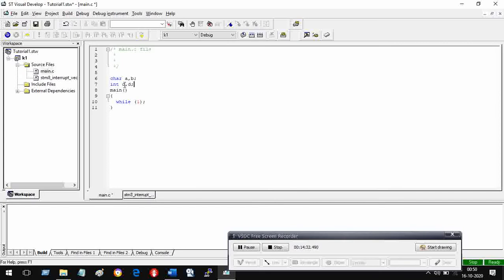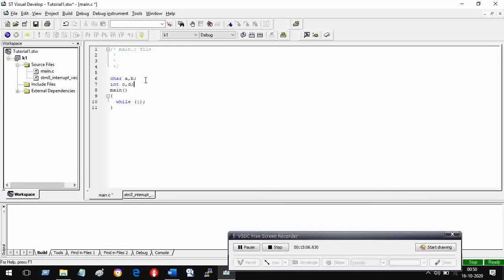You need not give just single character names. Generally you will give a multi-character name. The name itself should make sense. Right now I have given single characters for simplicity only. So you have defined this: type identifier, then space, then the variable name, comma, another variable if there is any, and finally, suppose you have n such variables, then at the end you have to put a semicolon. So a comma between two names and a semicolon at the end of the list.